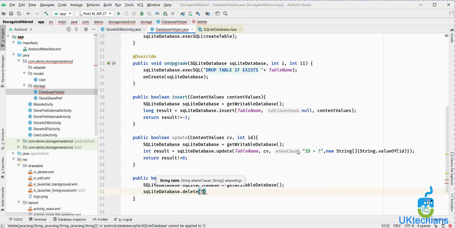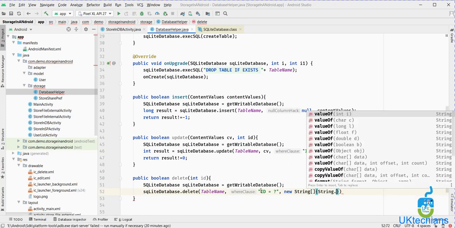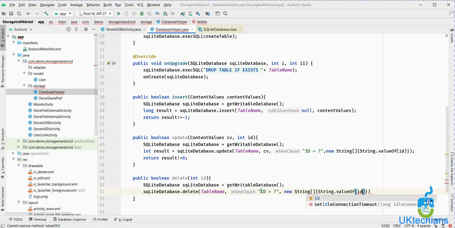So we will use table name, then we will use the same query, which is where ID equals to question mark, and then we will use new string and add the String dot valueOf ID, right?